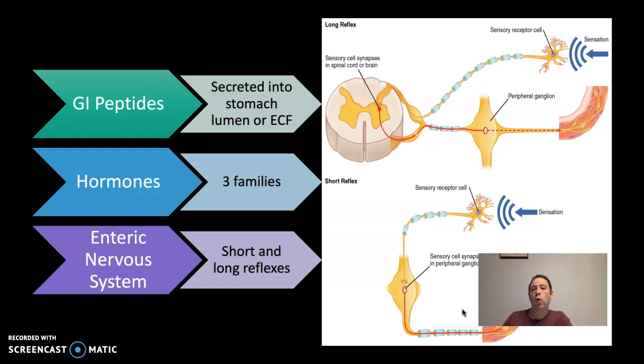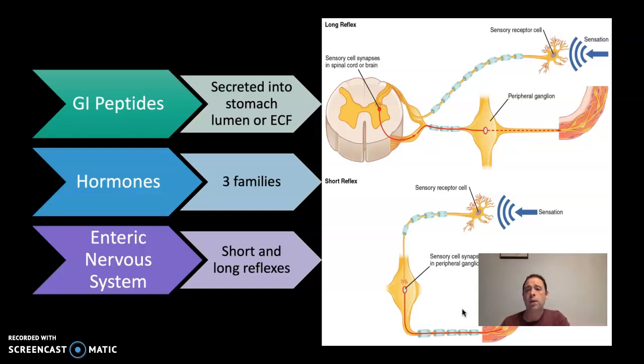There are also a number of hormones that fall into one of three categories that are involved in signaling cells involved in digestion, as well as a system of nerves known as the enteric nervous system, which involve a few ganglia and a number of sensory and efferent nerves that will regulate the function of the tissues involved in GI